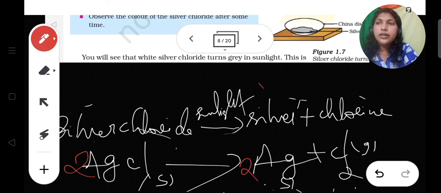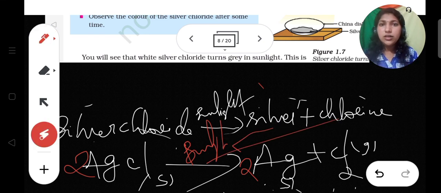So this is a photolytic reaction. That is a photolytic reaction, in the presence of sunlight it decomposes. So this is a chemical reaction. What about the photolytic reactions? Okay, I think activity 1.8 is clear. The next